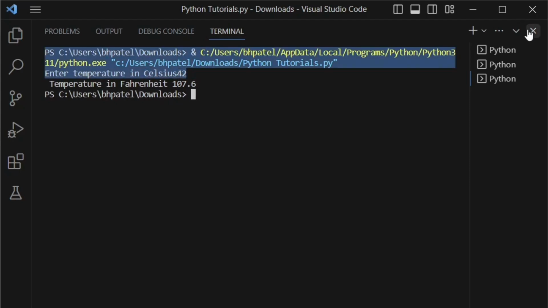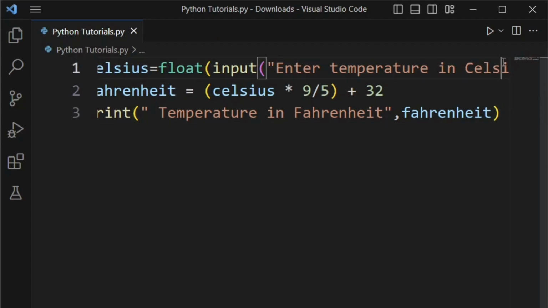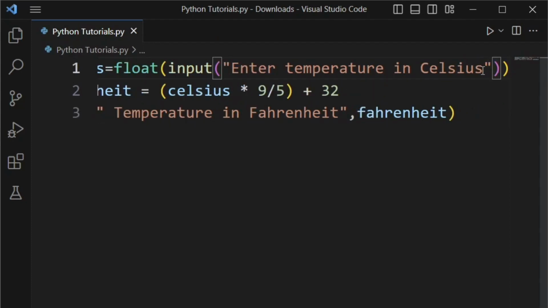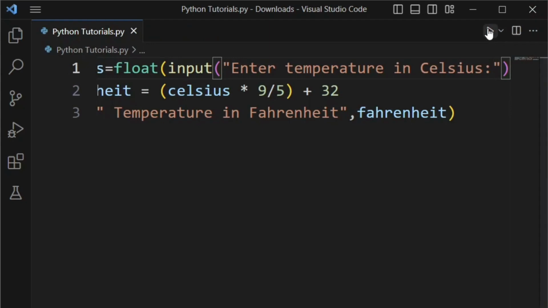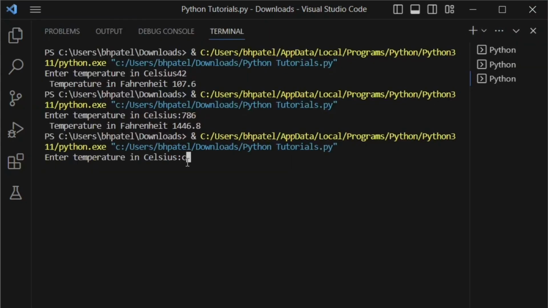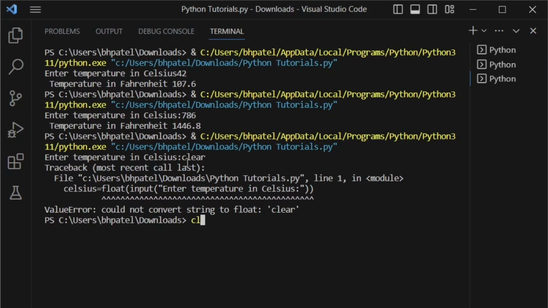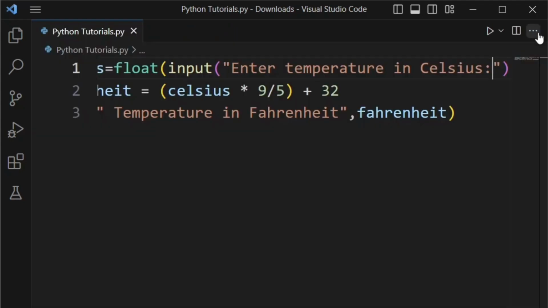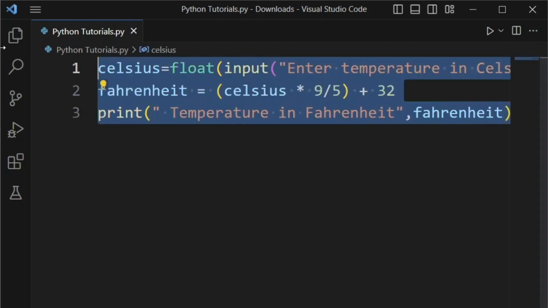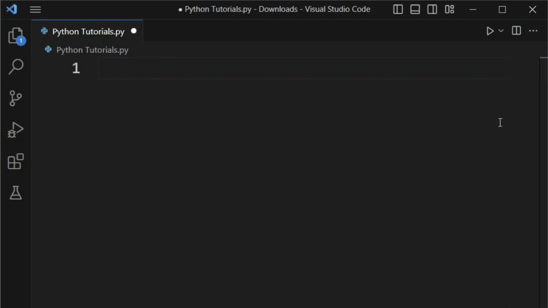And we can make this better by adding this over here. We can add this, and now let's see. Enter temperature in Celsius. Let's say 786 in Celsius is 1446.8 degrees. Okay, so yeah, and we can just clear. And okay, let's move on to the last exercise, which is probably my favorite and probably the most fun exercise,